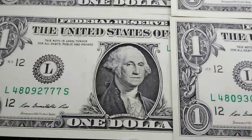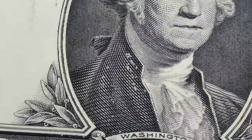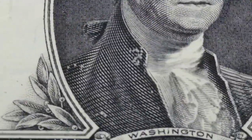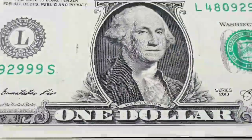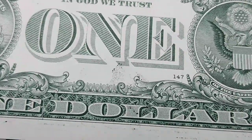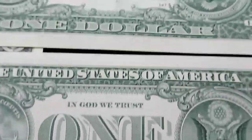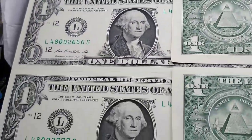Really, really dark. Oh, and we didn't notice these until later. Look, the over-inking caused flaws in Washington's clothing at various degrees, more in that one, up here. So that's something to make note of. And also on the reverse, you have such heavy inking on George Washington on the front that it's inking all the way through. And this is 100 bills apart, and that's how much it continued to do it. So obviously that's not that rare because it did it on 100 bills, but we've got it on all 6 of these corresponding